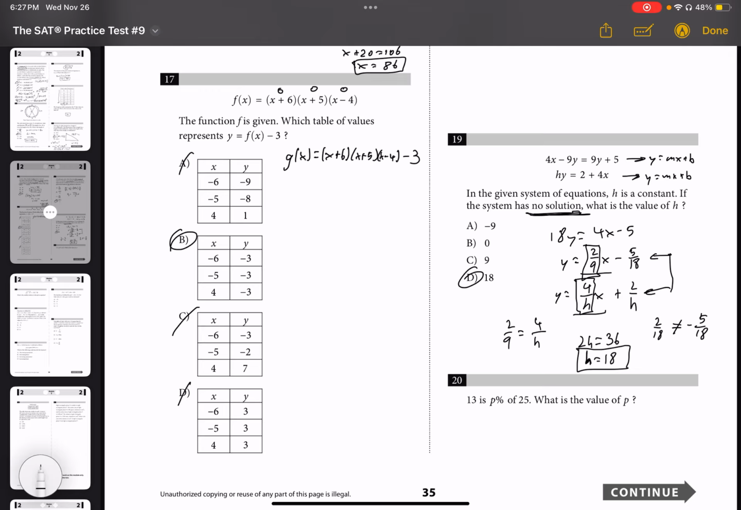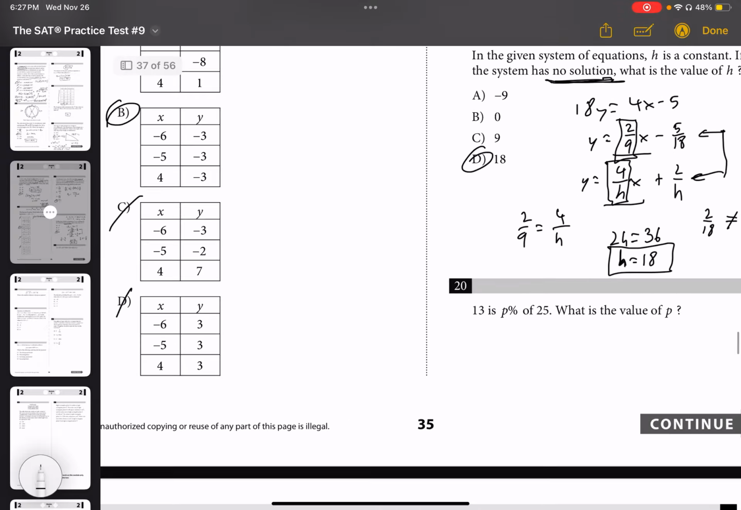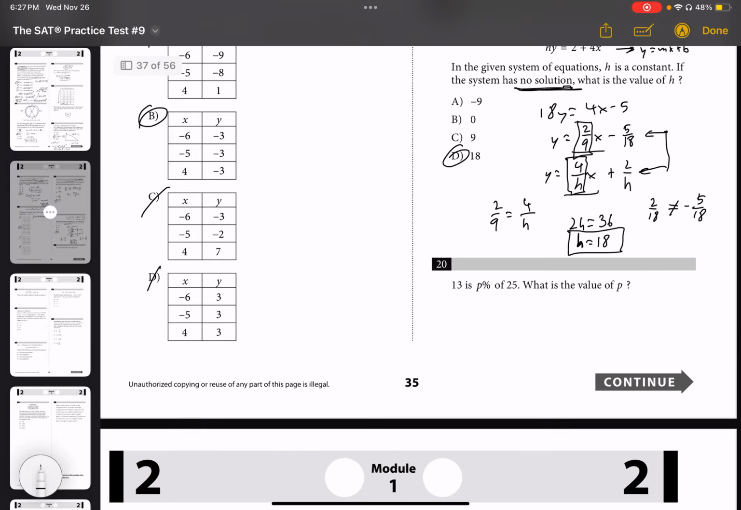Question 20. 13 is p% of 25. What is the value of p? Okay, so we have 13 is equal to 25 times p%. Well, not p%, we're going to say p. So 13 divided by 25 is going to be equal to p, and that's going to give us